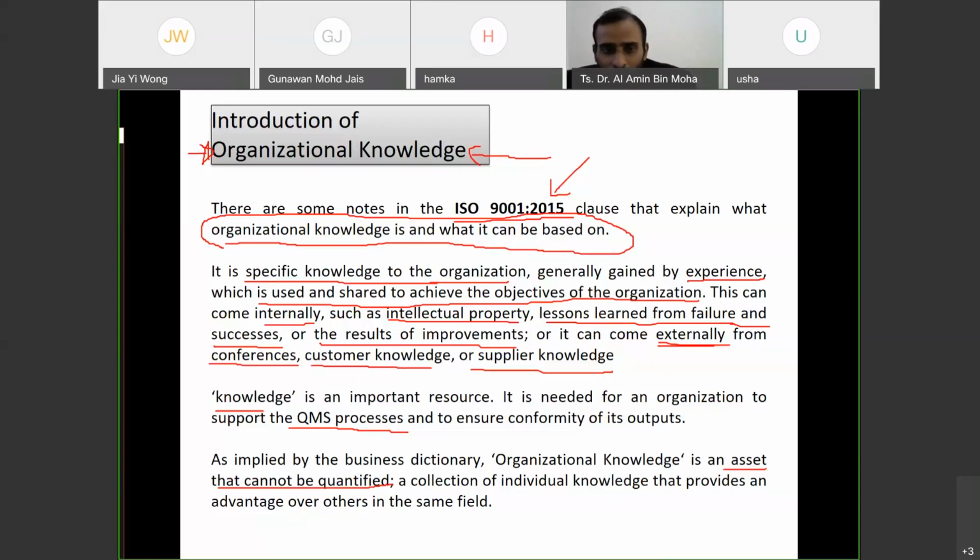More than 9,000 over. Sorry, 9,000. 9,000 over, yeah. Okay, so it's 9,000 over. Let's say 10,000. Okay, so that 10,000, they got their own experience. They got their own knowledge related to the field. Okay, so if these 10,000 people, let's say the average working experience is 5 years.